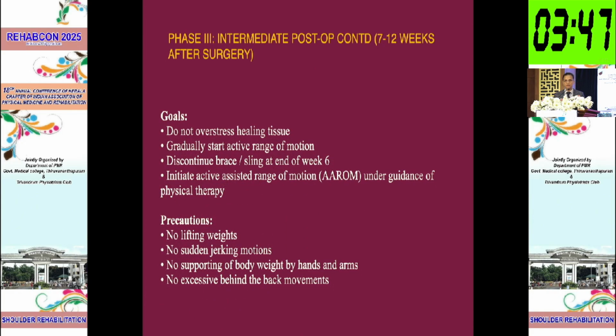So at 7 to 12 weeks, we actively start physiotherapy. One is we start range of movement exercises, assisted passive and assisted active range of movements, and some strengthening exercises. But one of the important things is that we always concentrate on the shoulder, but we always neglect the shoulder girdle. There are other muscles supporting the scapula, sometimes we call them core muscles, like the rhomboids, trapezius, serratus anterior. We need to concentrate on all these things